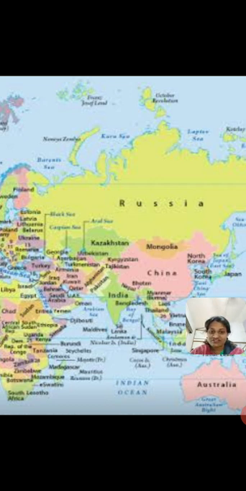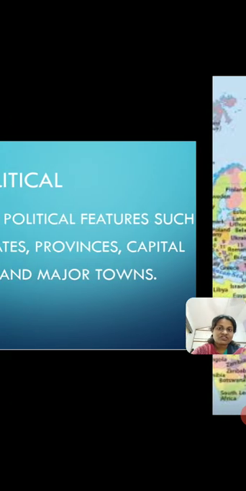It shows the different countries of the world, correct? And the oceans that are surrounding the continents. So that is what this map is showing you. It's showing the continents and the different countries on those continents, plus the oceans and the seas that surround these continents, correct? So these are the things which you can see on this map. All right, so this is a map which shows you different things.